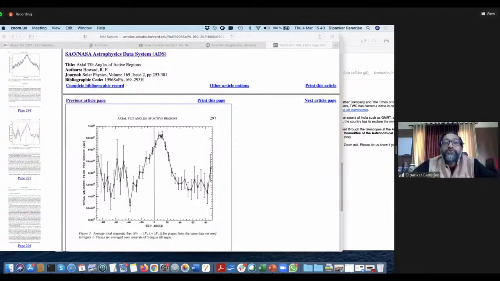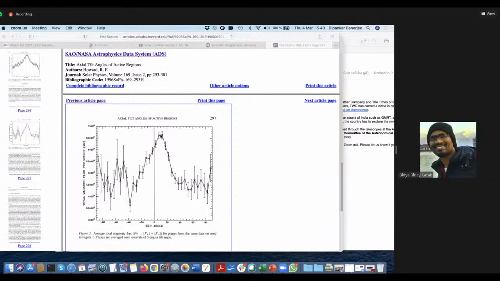I would just like to add one thing. This plot, I'm very excited to see the tilt of smaller features like ephemeral regions. For the last few days, I was studying all the literature, and I also started analyzing